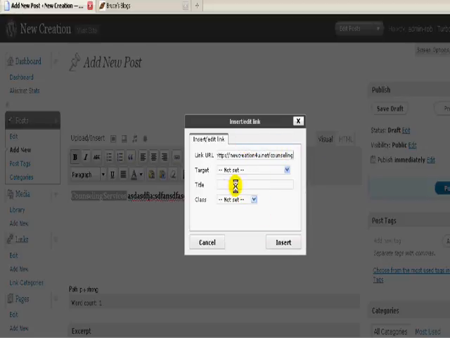.net/counseling, or whatever it might be. I'm not sure if that's the exact URL. This right here is the target. You can set it. It defaults to this right here, which is not set. Defaults, if you don't set it, it will open up in the same window,